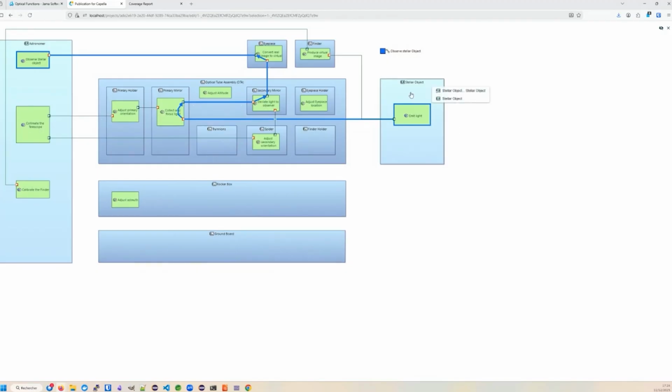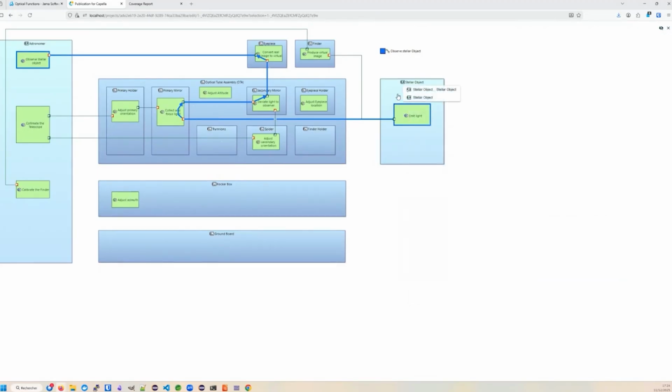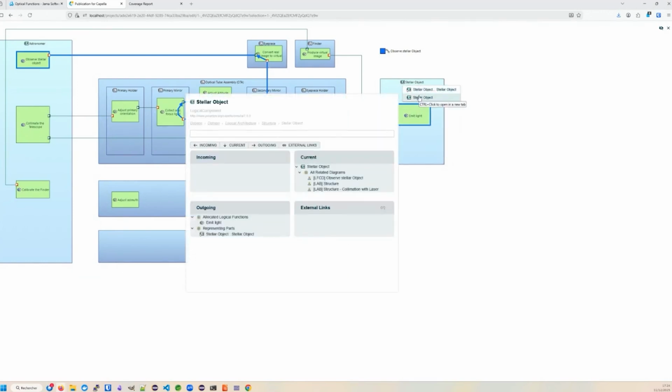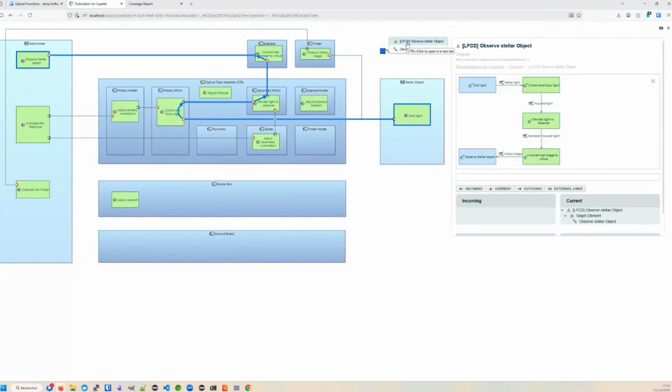Whenever you hover something, you will have a preview of that element. So for example, here I have a preview of the function that my mouse is hovering. If I hover more complex objects, I may have a preview of several linked concepts. Here I have a part and a component, so I'm previewing the component. Here I'm previewing the functional chain and its associated diagram. So this preview functionality is pretty useful when you want to understand what is referred from a diagram, for example.